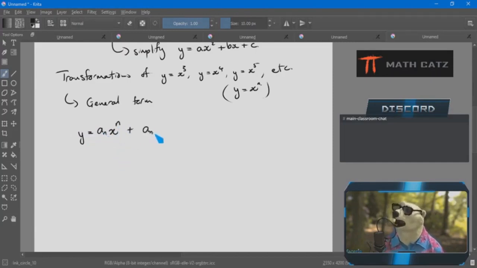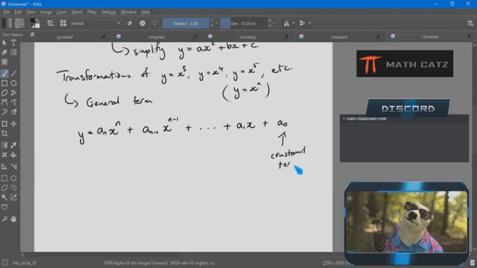Then I could have another number as the coefficient of the next power down, and that can go all the way to the coefficient of x and just a number on its own called the constant term. This guy over here is called the leading term,